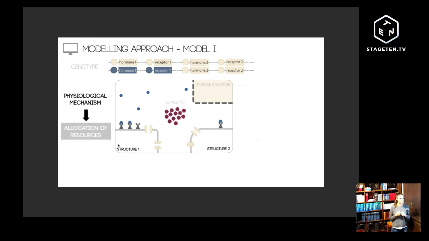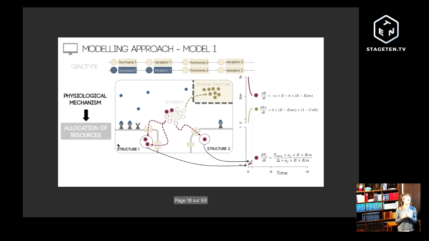At this time, we simulated a meal for each individual, which is the same for all the individuals in the population. And this increase in nutrients will be allocated between the two structures, depending on the energetic transporters that are opened. So this is the equation for the nutrition allocation. But what is really important here is that part of the nutrients enter structures 1 and 2 and become trait value, and some of the nutrients stay in the organism to maintain its homeostasis, and some of the nutrients will enter